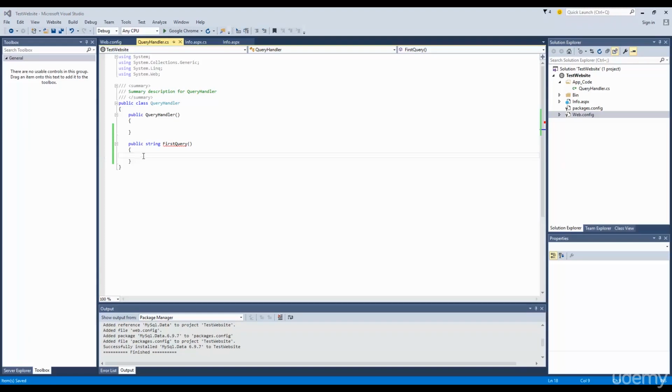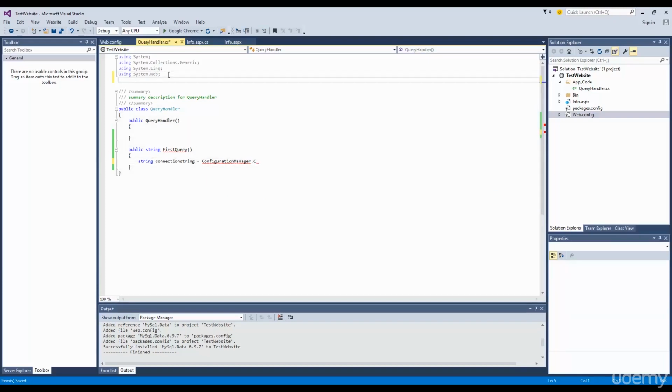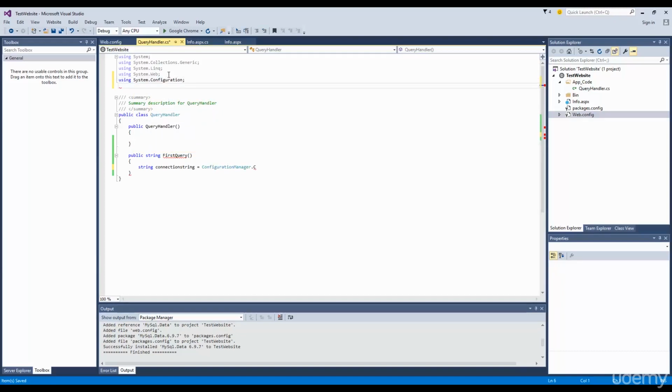Let's go ahead and start typing. String connection string is equal to, we say ConfigurationManager dot. It is not showing us anything right now, so we have to use using System.Configuration. If you do that, it will start showing you everything, and you can also go ahead and type